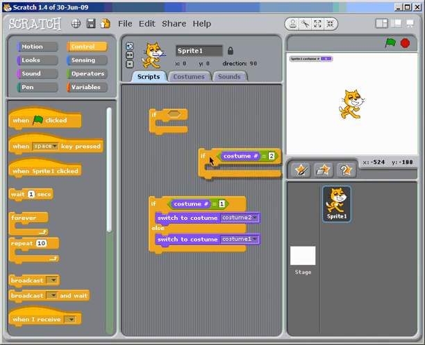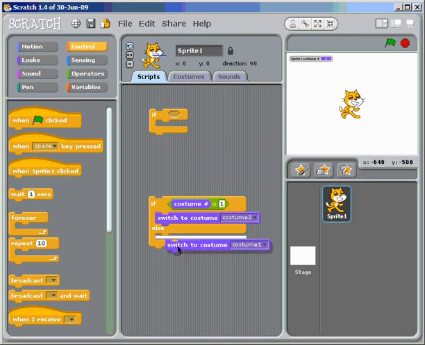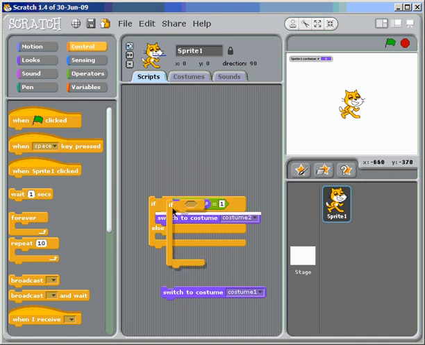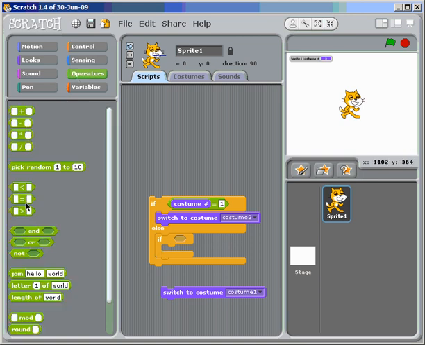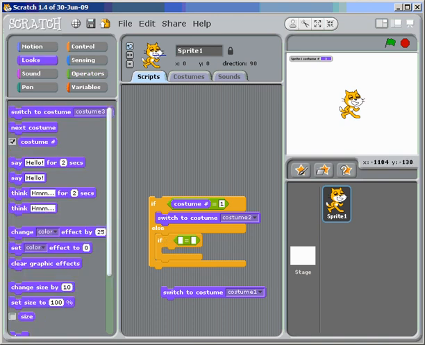Let me get this out of here. I'll delete that. So when you say if costume 1, do this. Otherwise, and then you put the if block inside that else. Else if, and then we will go to the operators. Click and drag equals, go to looks, click and drag costume number, and put if,